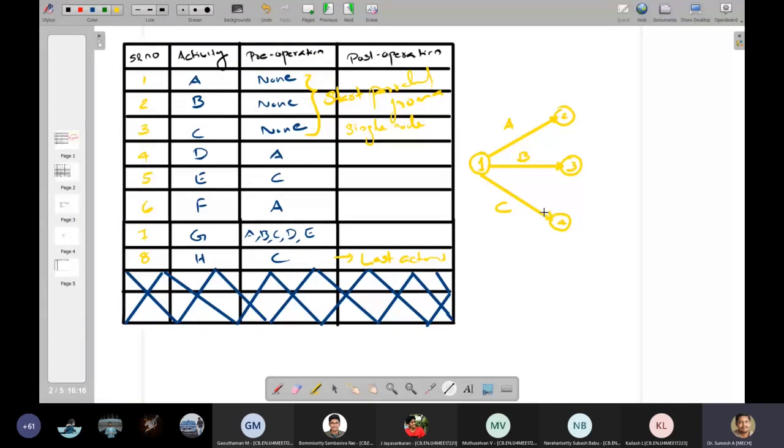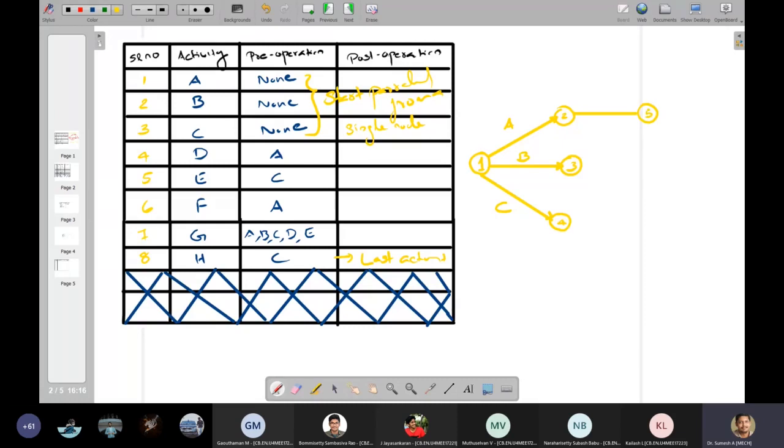Now what is the next activity? The next activity is D. D has a predecessor of A. So from 1 to 2, I have to connect for activity D. The next node value is 5. I'll mark it here as 5 and put the arrow here.